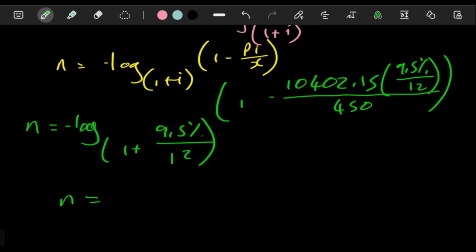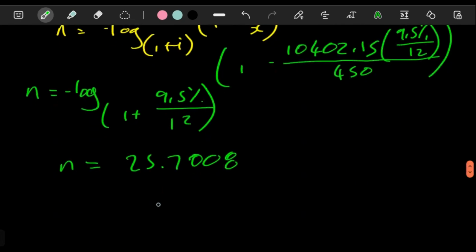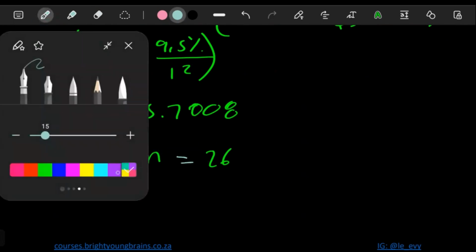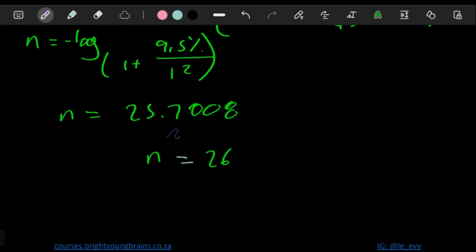In our calculator, we're getting n as 25.7, well, it's 008. The reason I'm putting the 008 is because we're going to have to round this off. This is approximately 26 months, so n is 26 months. The reason we're rounding up here is because remember your interest is calculated after a full month. So if it's 25 point something, that's just a theoretical value, but practically speaking, a full month has to pass. This is why we're saying n is equal to